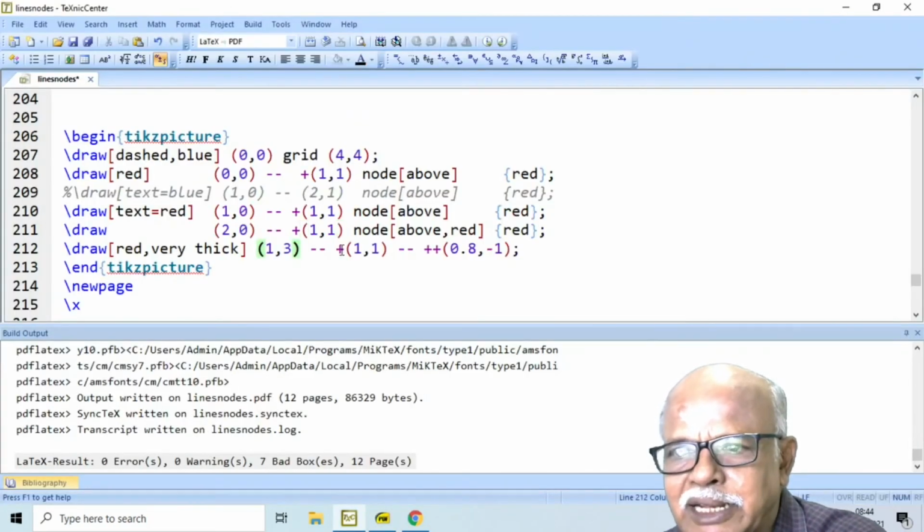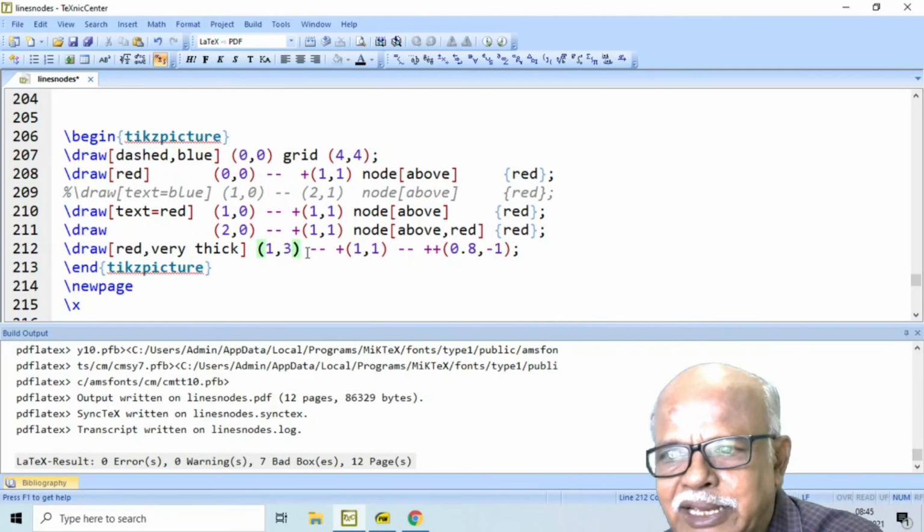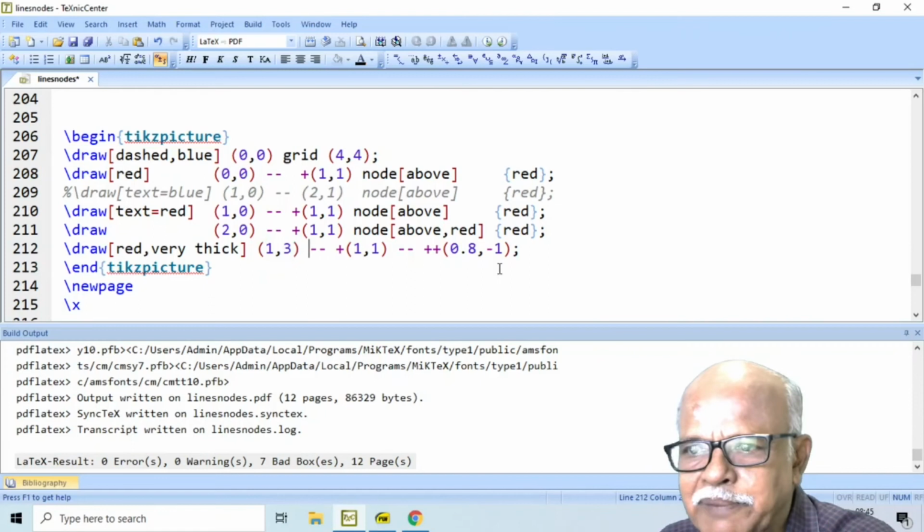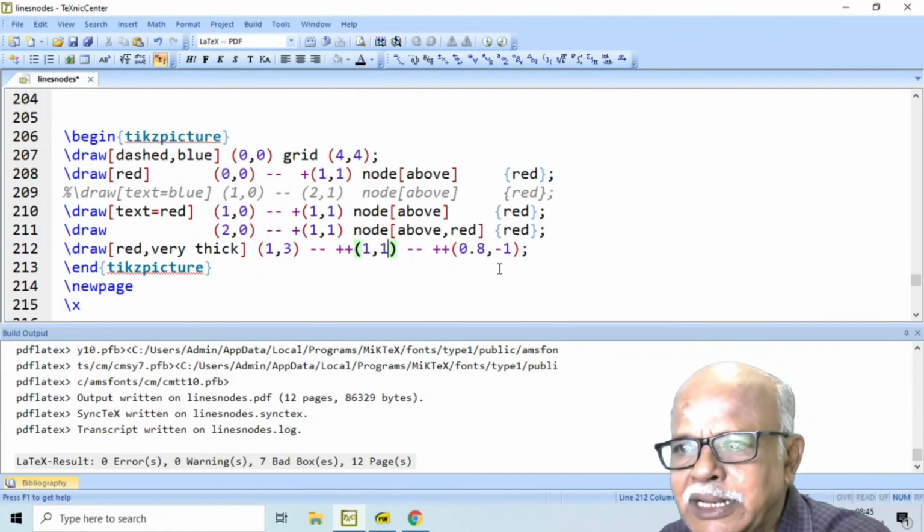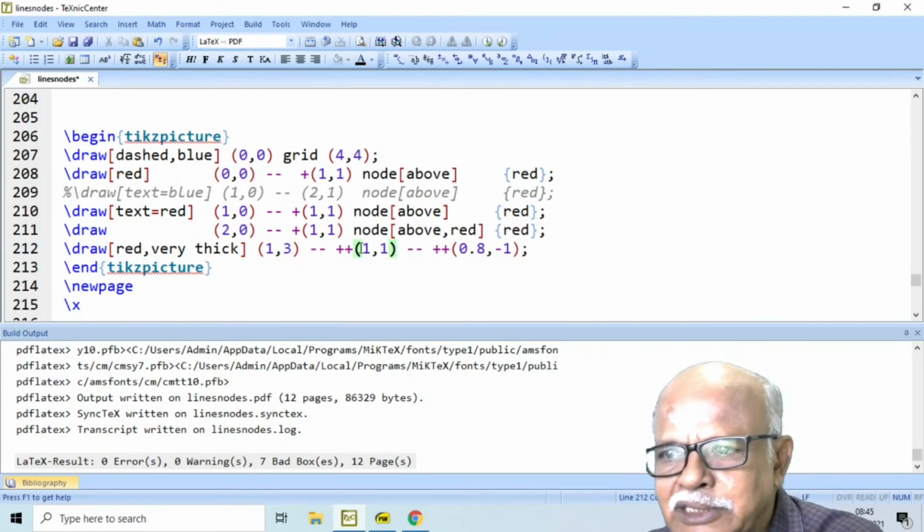Now consider the next case. Draw red very thick from 1, 3 plus, and then when we say plus plus, double plus, what happens is this 1, 1 will be calculated relative to 1, 3.